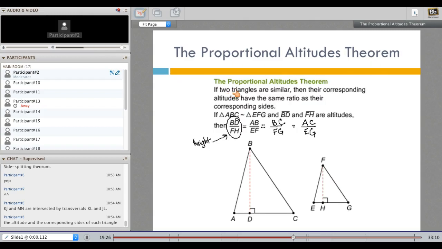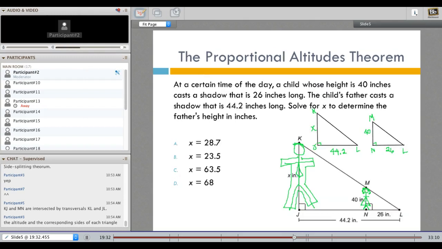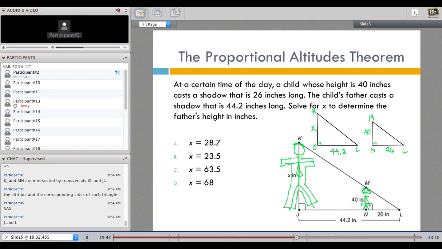There were two criteria. It says the two triangles are similar. So that's the first thing that we check. We have to see, are these two triangles similar? Okay, they are. How do I know? I'll give you a hint. I can show it by angle. Remember, that was one of the theorems that we can use to show triangles are similar. What are the two angles that are the same in triangle KJL and triangle MNL?